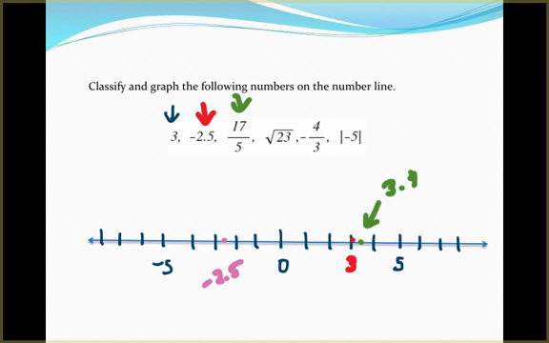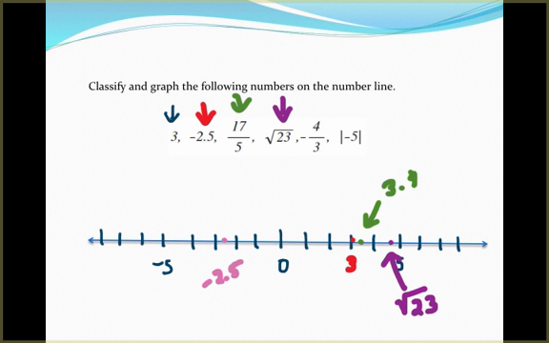The square root of 23, well, we could use our calculator and come up with the square root of 23, or we could actually just kind of approximate where the square root of 23 would be. So we know the square root of 25 is a perfect square, and it is 5. So the square root of 23 would be a little less than 5. And that's one of the things that I'm going to want you to do, is be able to just kind of approximate these numbers. So we'll call that the square root of 23. Now, because that is a radical that does not simplify to a perfect square, then that would be an irrational